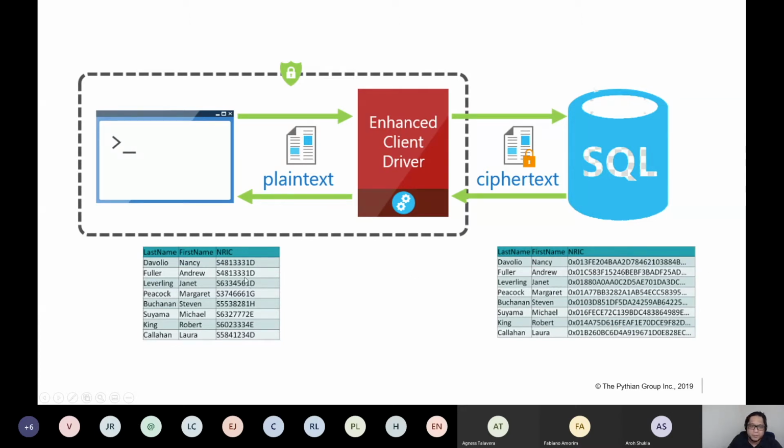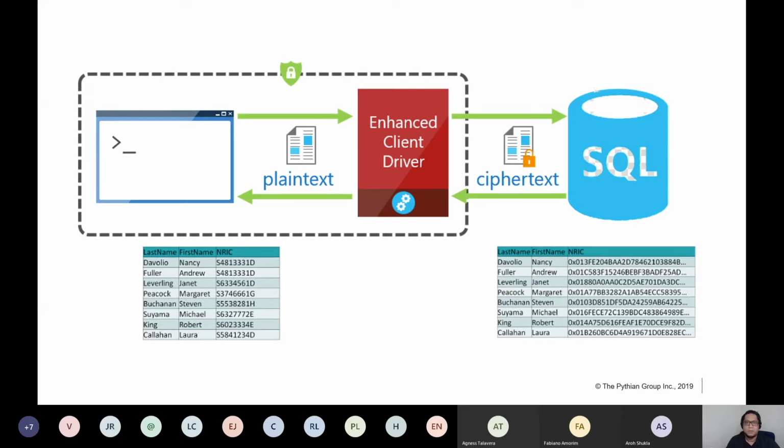If you want to view the unencrypted value, for example, you query your database, what happens is the SQL server sends the encrypted data, the ciphertext, to your application. The client driver on your application side is the one that will decrypt the ciphertext and then display the data for your application in plain text. So all the decryption and encryption happens on the client driver. It's not happening on your SQL server. That's why it's separated. So only the users that require access to your plain text data can view your data,